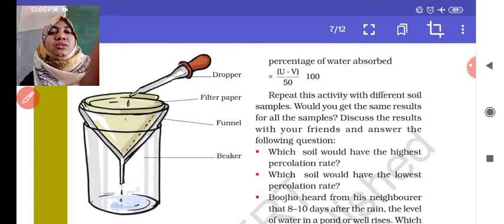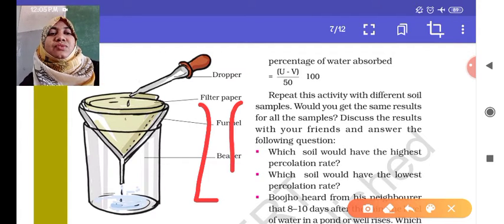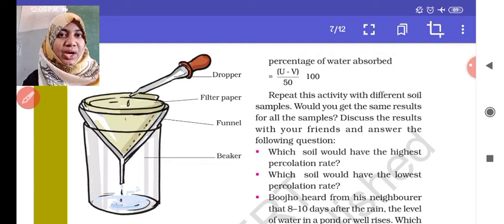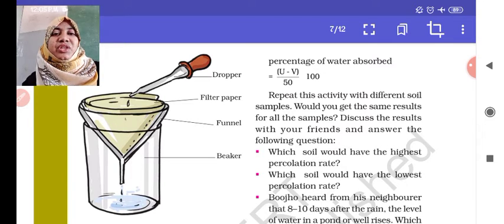Next, slowly, with the help of a measuring cylinder. A measuring cylinder will be something like this. The scale will be here, the lines will be 10 ml, 20 ml, like that. When you go for higher studies you can see it. With the help of that measuring cylinder we should take some ml of water. Imagine you have taken 10 ml. With the help of the dropper, drop by drop you should drop it in the filter paper in that funnel where the filter paper and the powder have been poured.